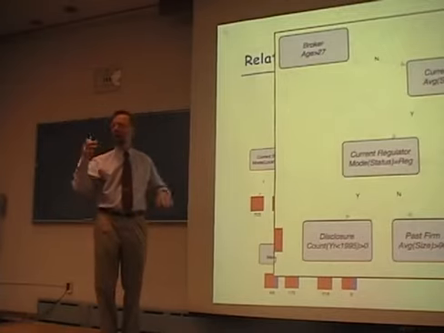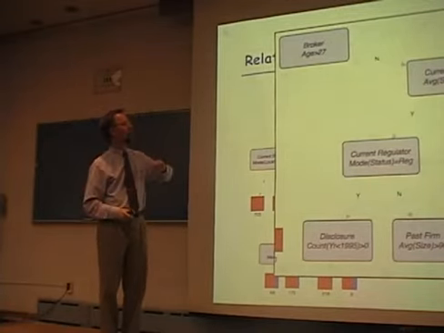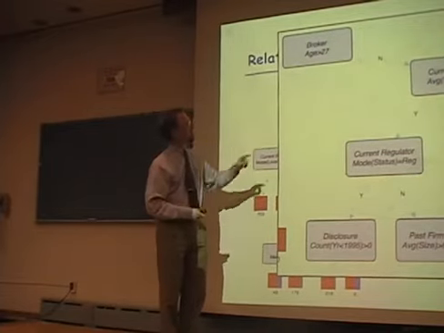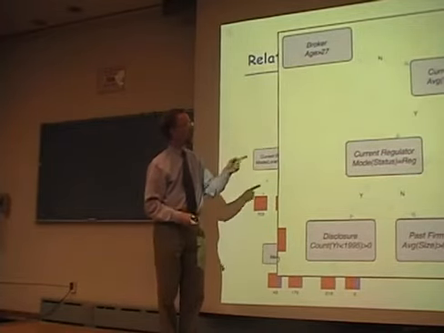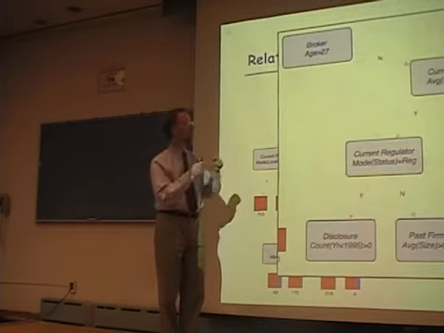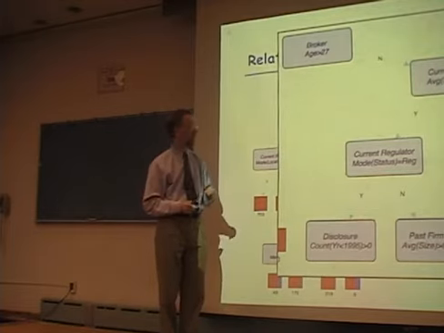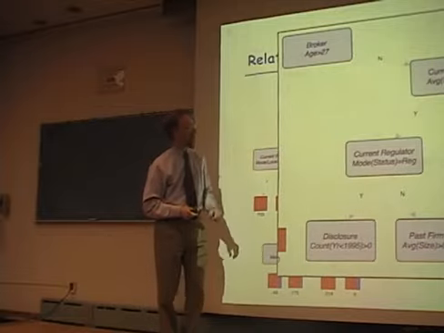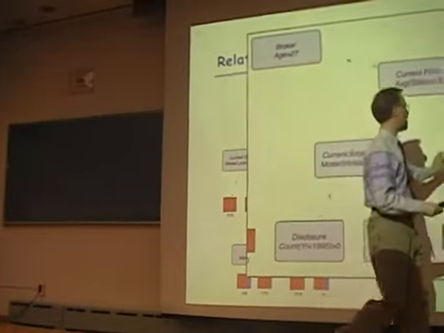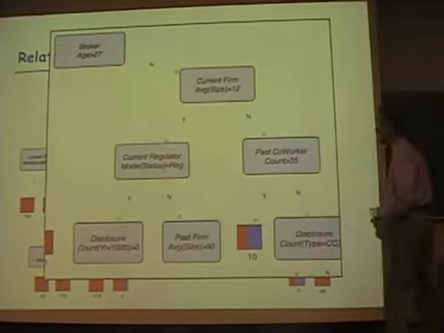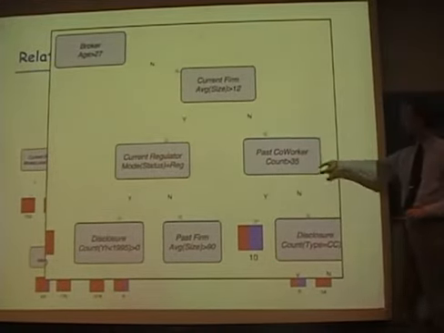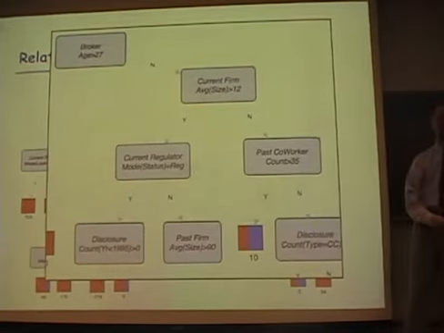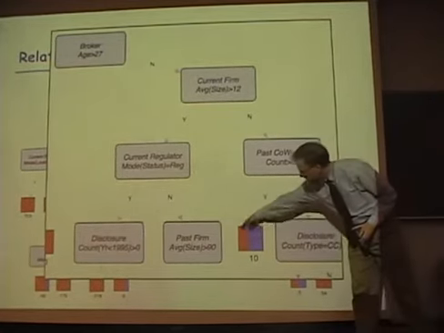So you drop a broker in the top. You ask, are they older than 27? If the answer is no, you go down the left-hand branch, or right-hand branch. Then you say, does their current firm, the firm they currently work for, have more than 12 brokers in it? If the answer is yes, no, you go down the right-hand branch. How many past coworkers have they had at all their previous branches? Is it more than 35? If the answer is yes, you go down here, and this is the probability distribution shown by the relative size